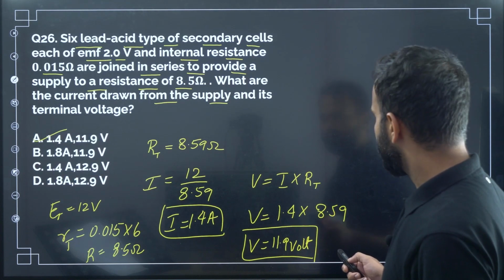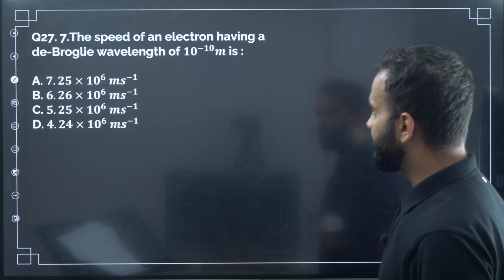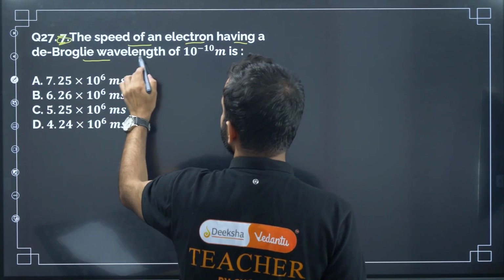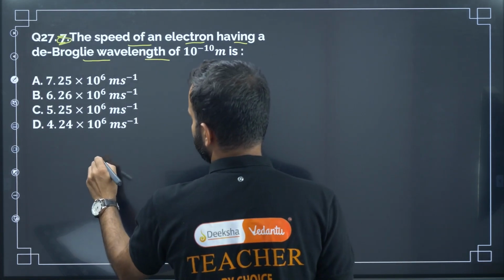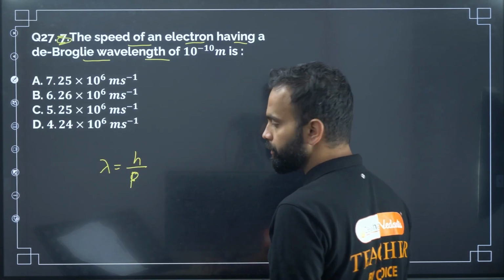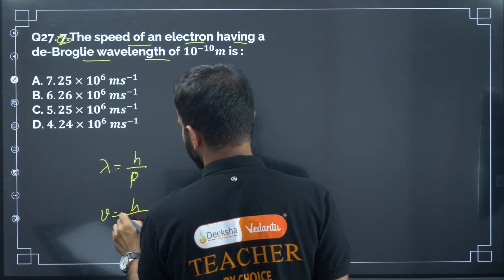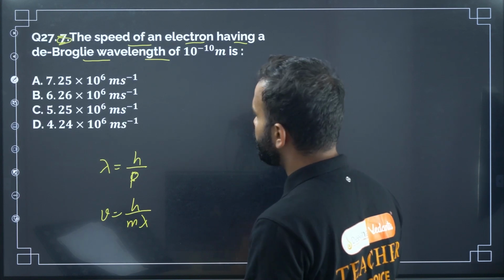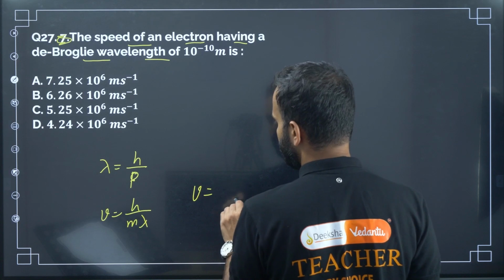Next question, question number 27. The speed of an electron having a de Broglie wavelength of 10 to the power minus 10 meter is? So apply de Broglie wavelength formula, lambda equal to h divided by p. P is momentum of the electron, P is m into v. So v equal to h divided by m into lambda. Now solve this, you will get v is equal to